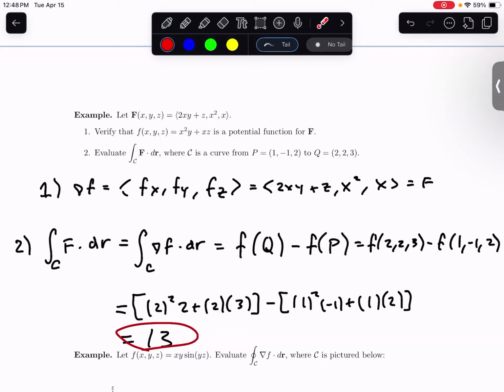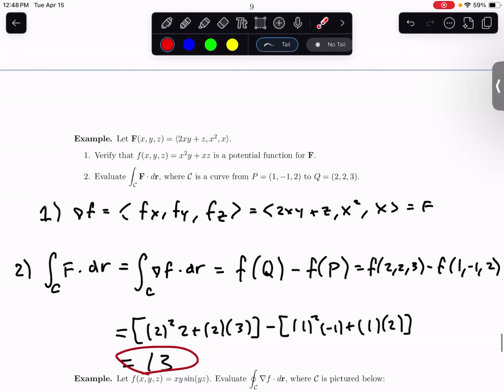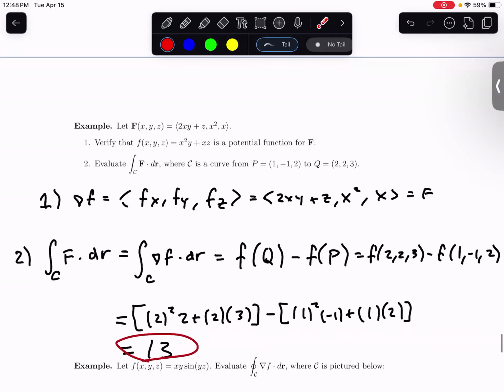Would you apply it to a real-world problem? I haven't seen it too much in applications, but if you're asked to compute work or something along those lines, or the amount of force, whenever you see a vector line integral,